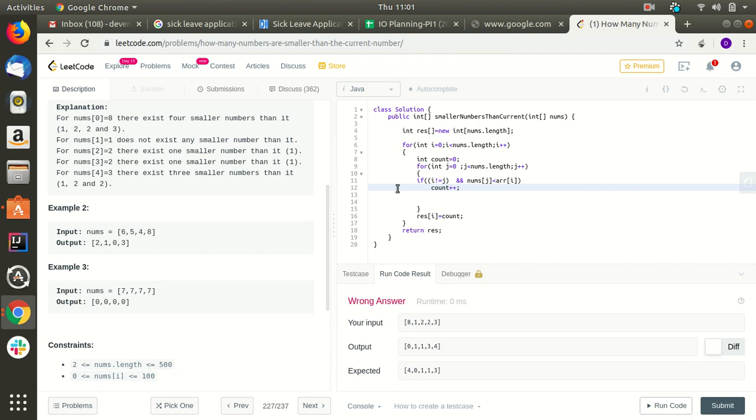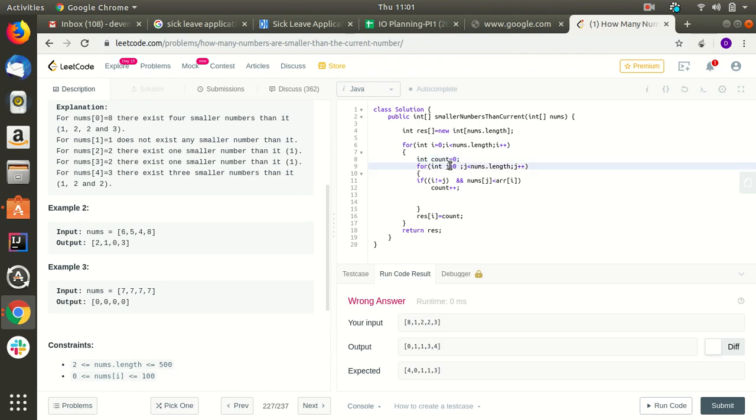So what I have done is I have created a resultant array of nums.length in order to store the result. I am iterating from i equal to 0 to less than nums.length, which is the length of the nums array, and in this I have initialized count equal to 0 for each.